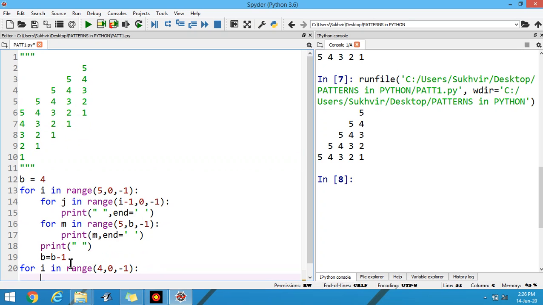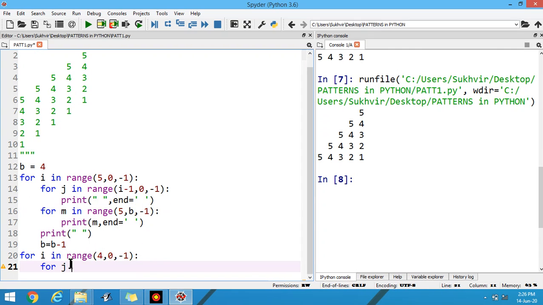And what next? For j in range, starting value is i and ending value is 1. It means you have to write 0, then -1. Means decrease in the values is there.